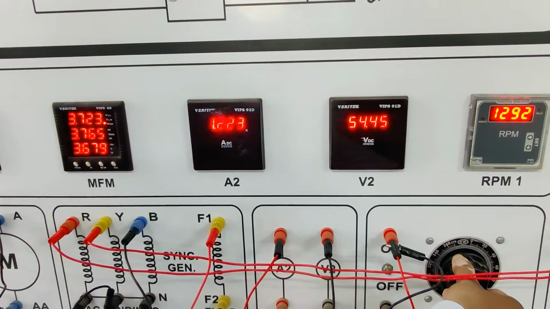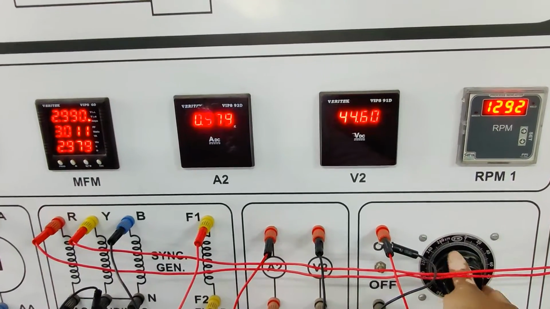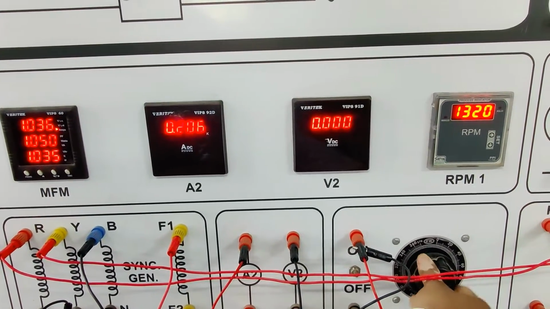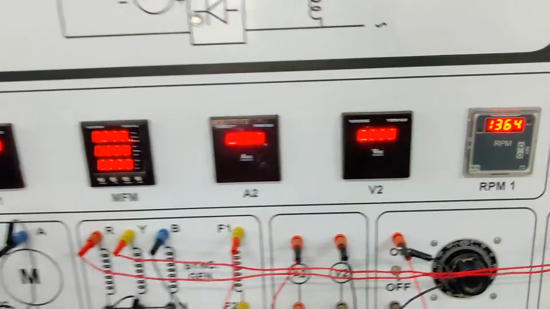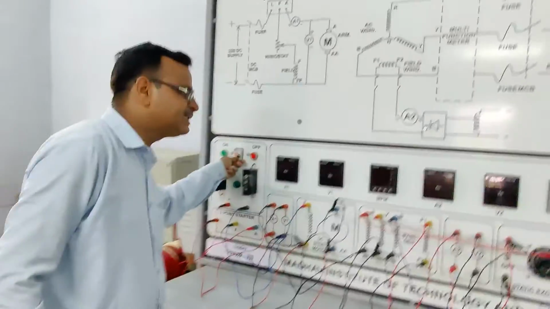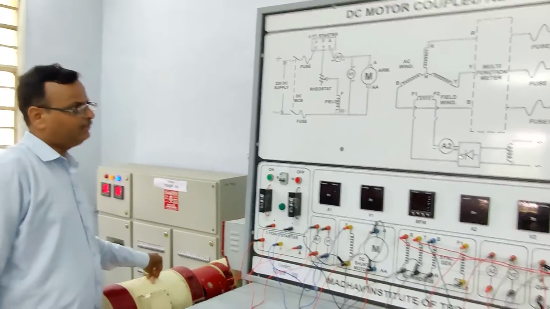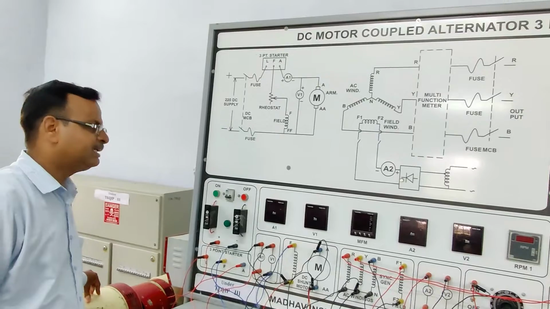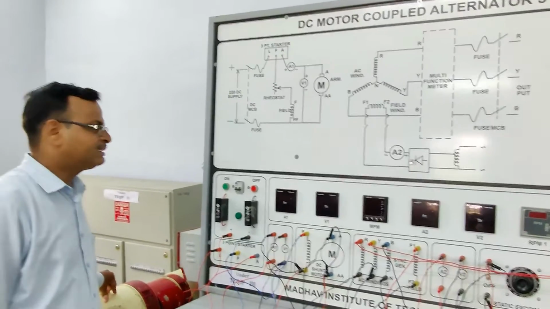With the help of these we can draw its SCC characteristics and reduce the excitations slowly and see that switch off and MCB off. So this SCC characteristic test is completed. So in this alternator we will perform 2 tests, OC test and SC test. The third test is also necessary for finding the stator winding resistance.